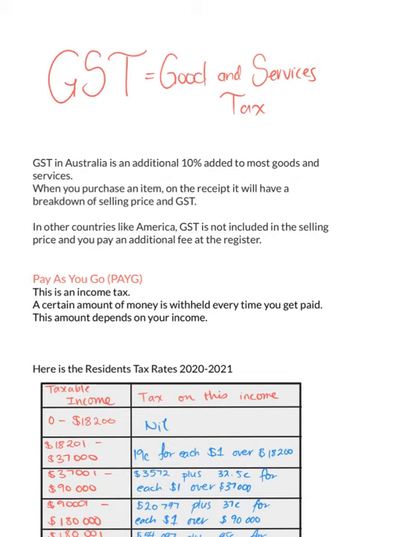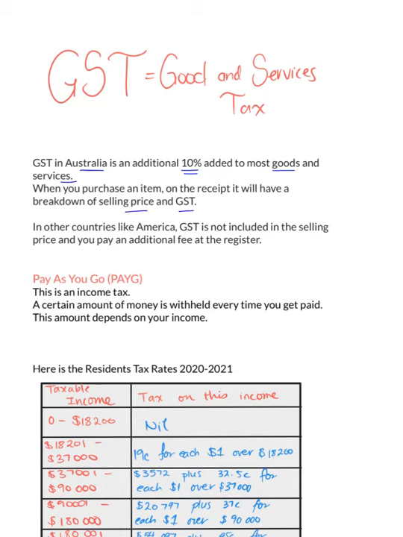So in this lesson, we will have a look at what GST is. A GST is a goods and services tax that's applied. GST in Australia is an additional 10% that's added to most goods and services. So when you purchase an item, on your receipt you will have a breakdown of the selling price and the